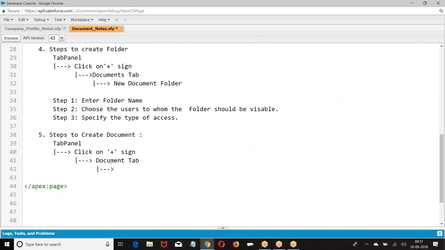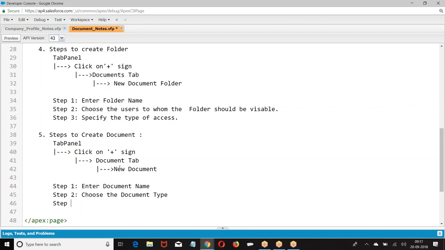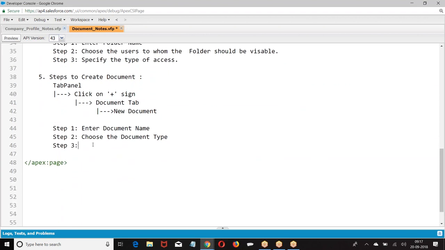Now, click on the plus sign, documents tab, new document. Step 1, enter the document name, choose the document type, choose the folder, enter the search keyword.